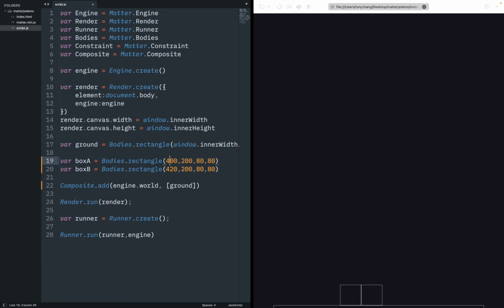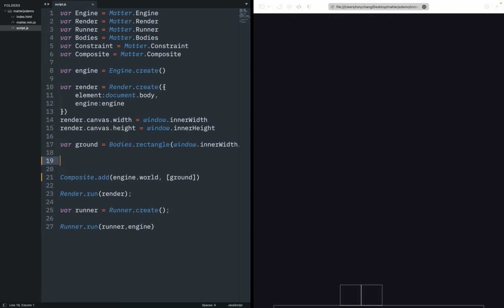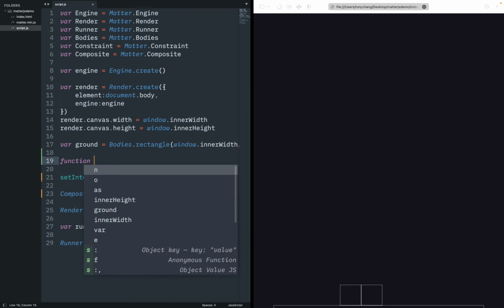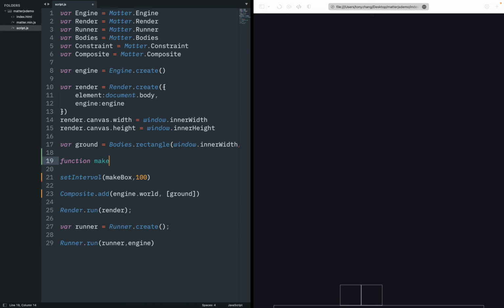We want to add boxes not just at the beginning, but add them as you go, right? So we can use set interval to add something like once every some time. We're going to call the function make box, which obviously doesn't exist yet, and we're going to fire it basically every 100 milliseconds. And now we can just write the function make box, make a box like that,